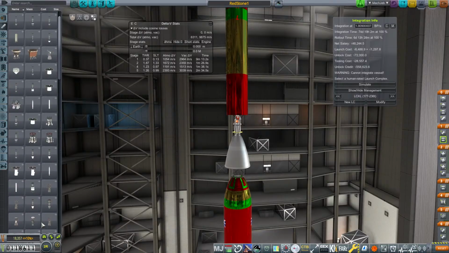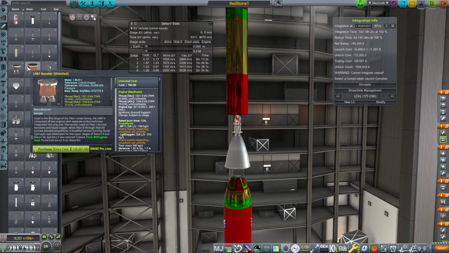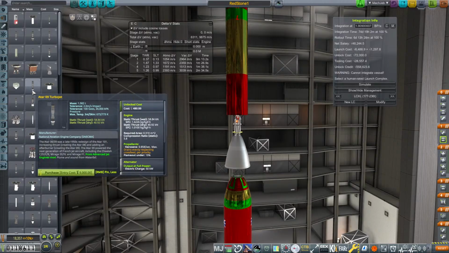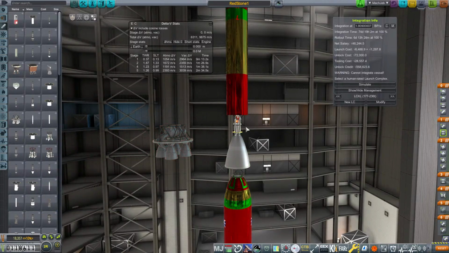Alright, hold on. What if those need ground support clamps? I don't really know why that's there. What if...